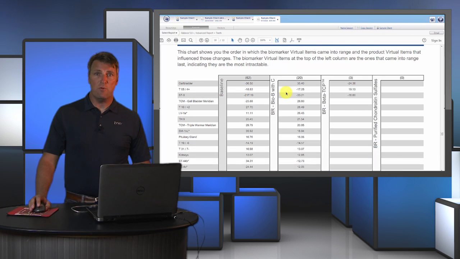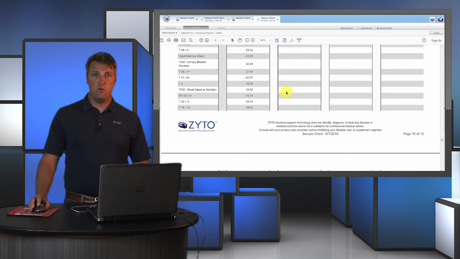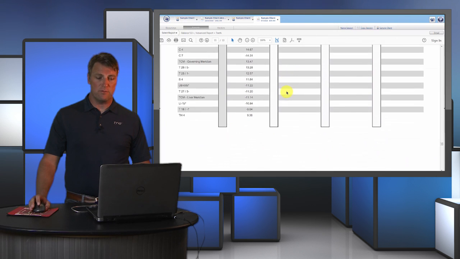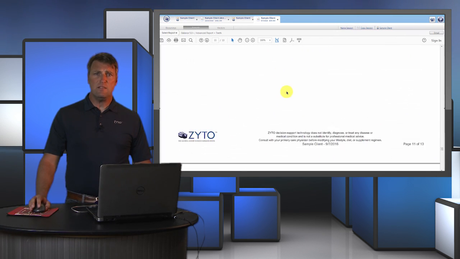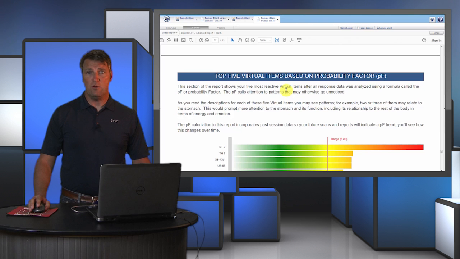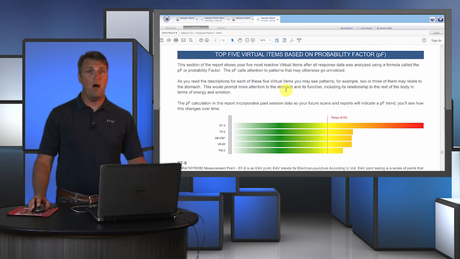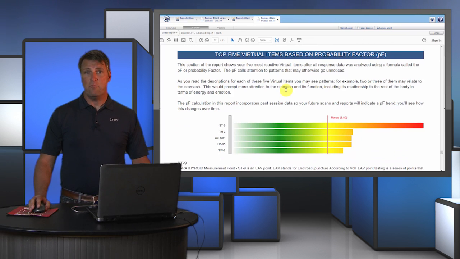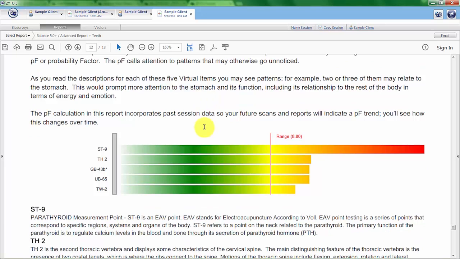Now as we come down here, we also have the top 5 virtual items based on probability factor. This section of the report shows your 5 most reactive virtual items after all response data was analyzed. So in essence, this is kind of doing the vectoring work for you, and you can see which of these points in regards to all the data connected to that circuit might also be out of range. Here it's indicating that the EAV point for parathyroid is something to really consider. You can also see that we have gallbladder as an EAV point, which is a consistent trend in this particular